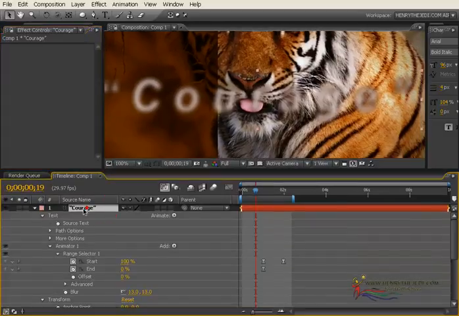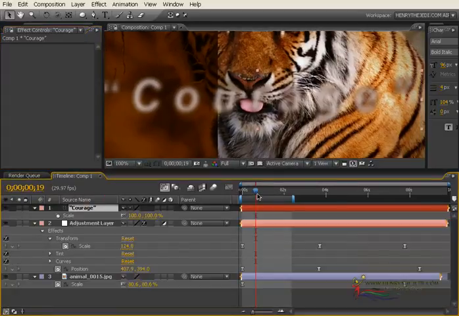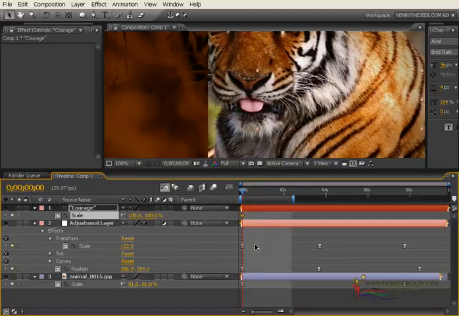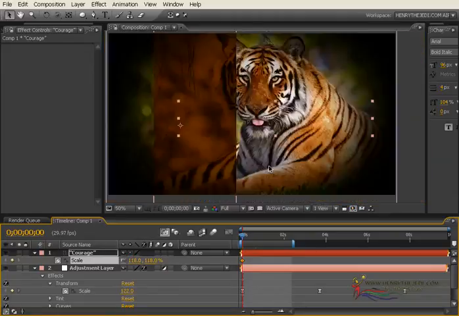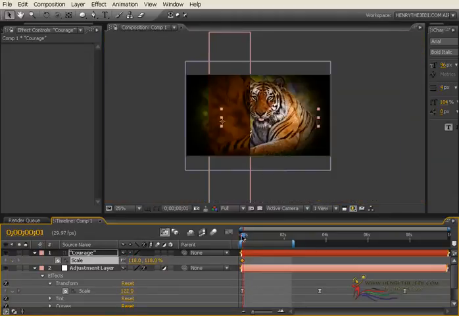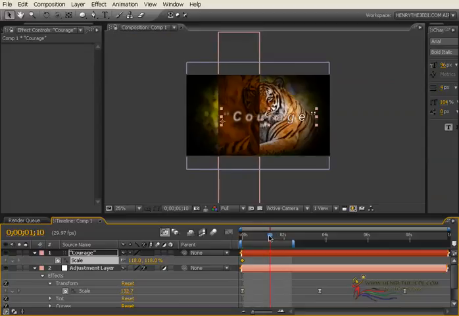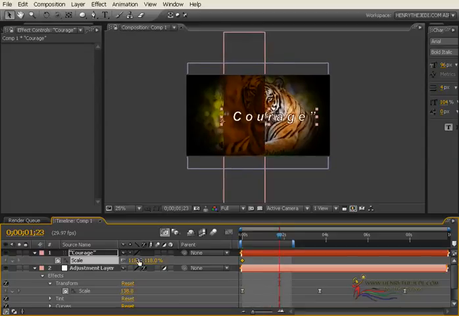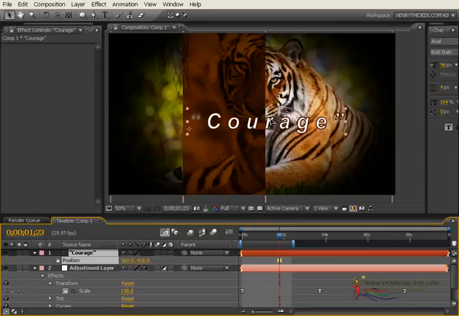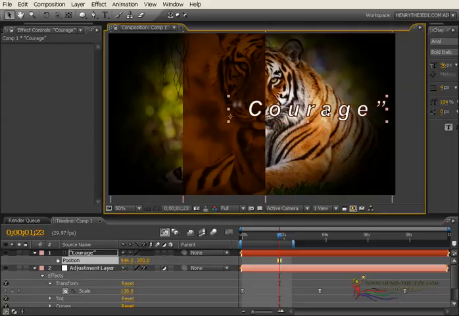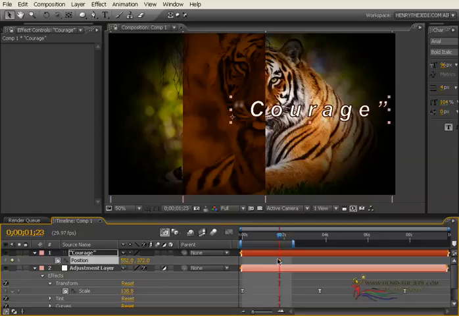Instead, we are going to select our text and then press S on the keyboard to bring up its scale. And then it's going to start animating at a value which is slightly bigger than it is right now, as you can see there. And then as it sets in, it's going to, of course, scale down like that, okay. And then we are going to press P on the keyboard to bring up its position settings, and then we want our text to animate from that point in the timeline. So we are going to click on the stopwatch for the position like that.